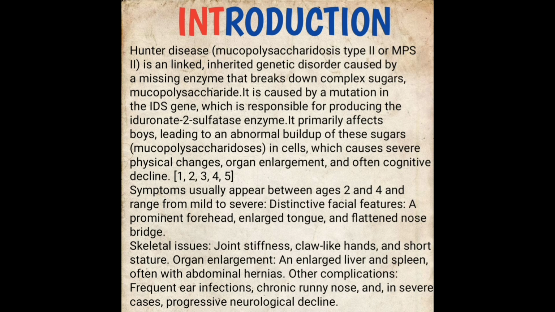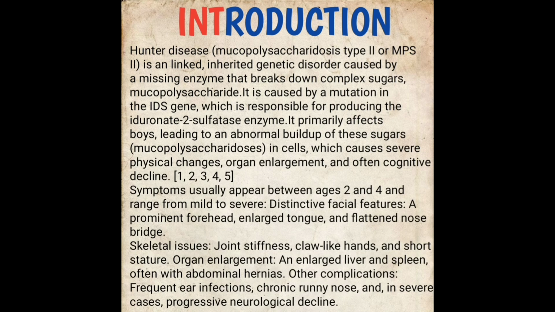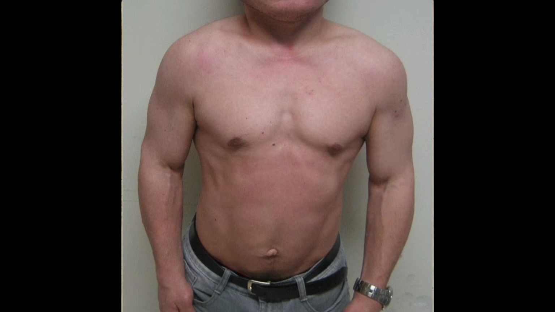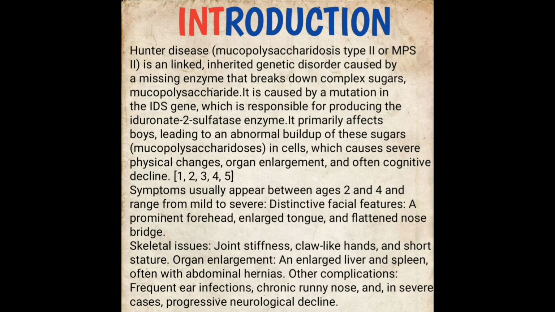Distinctive facial features: a prominent forehead, enlarged tongue, and flattened nose bridge, as shown in the picture. Skeletal issues: joint stiffness, claw-like hands, and short stature, as shown in the picture. Organ enlargement: enlarged liver and spleen, often with abdominal hernia. Other complications frequently include ear infection, chronic runny nose, and in severe cases, progressive neurological decline. That really affects their brain and the cognitive